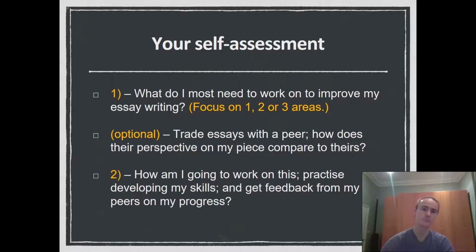why. So once you've found your most important areas for development, how are you actually going to do that? How are you going to achieve these goals? Where or how might you practice some of these academic skills? And throughout the year, how are you going to be getting feedback on that? Is that going to be some kind of peer work that you're doing with each other? Is there a critical friend that you've got on the course you're going to bounce ideas from? Are you after more regular one-to-one tutorials with us? How are you actually going to operationalize some of that feedback for yourself?